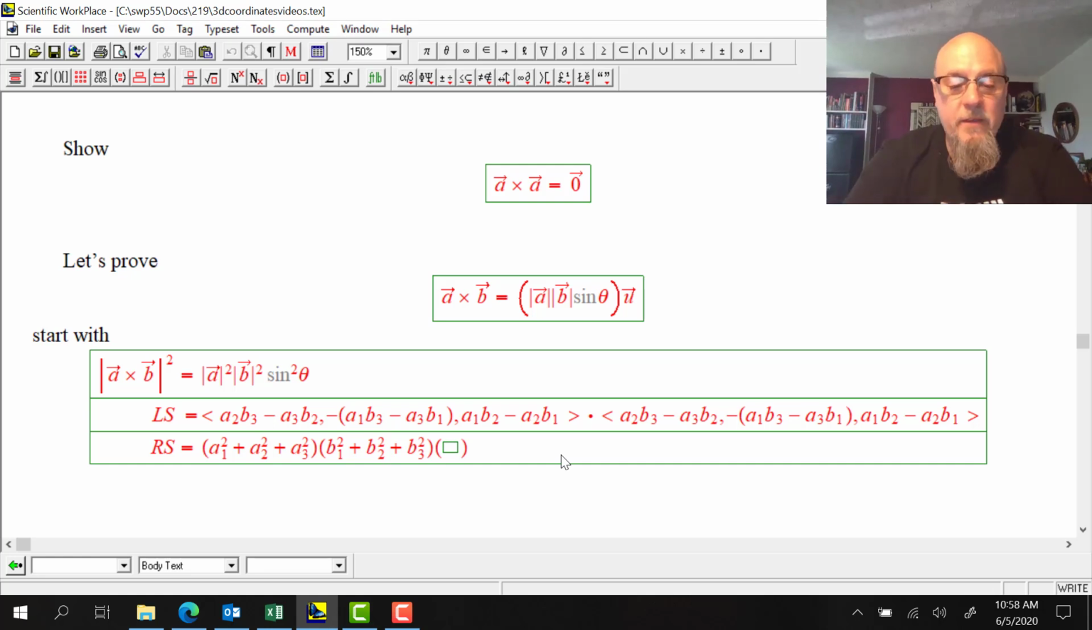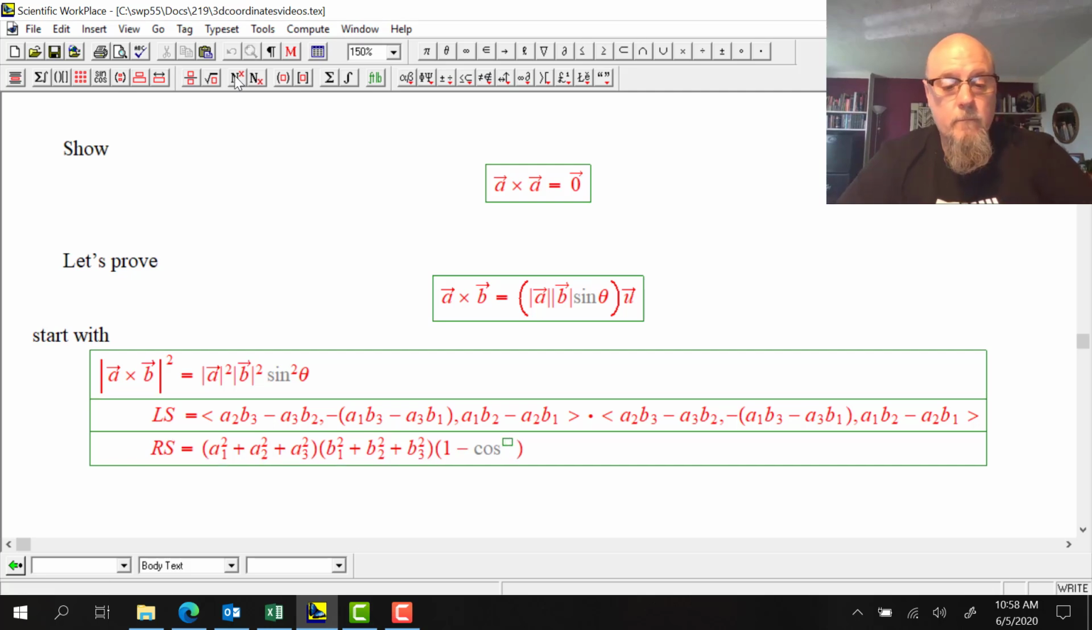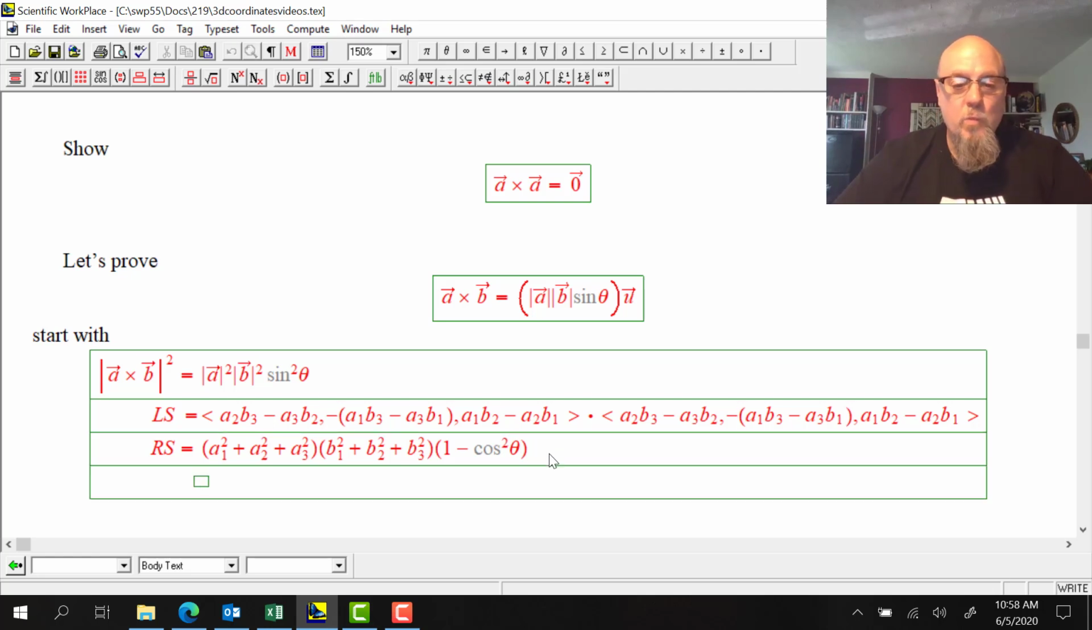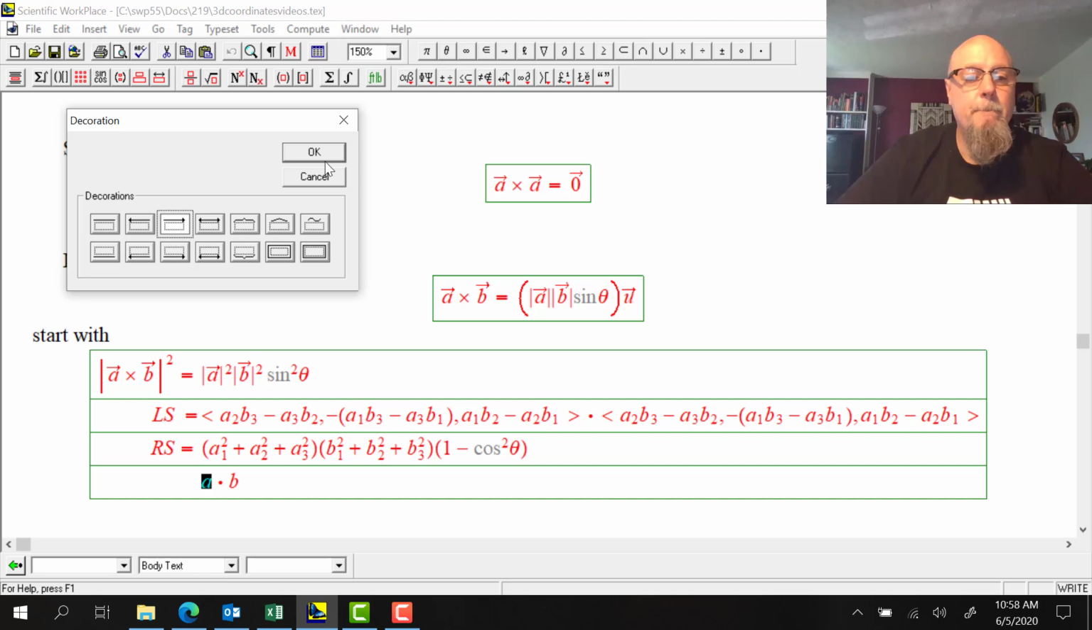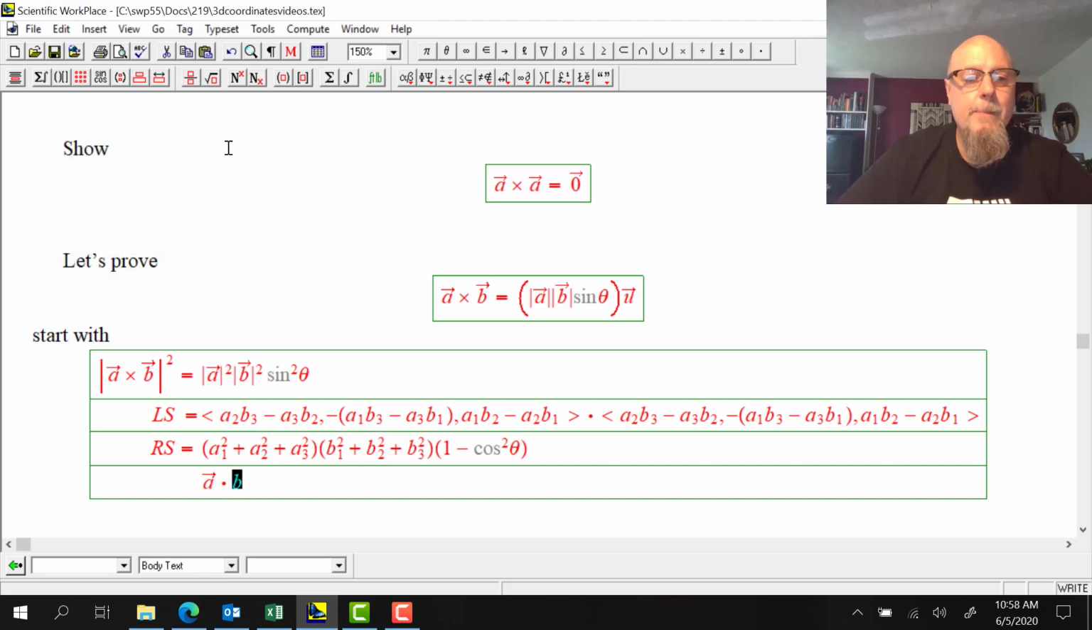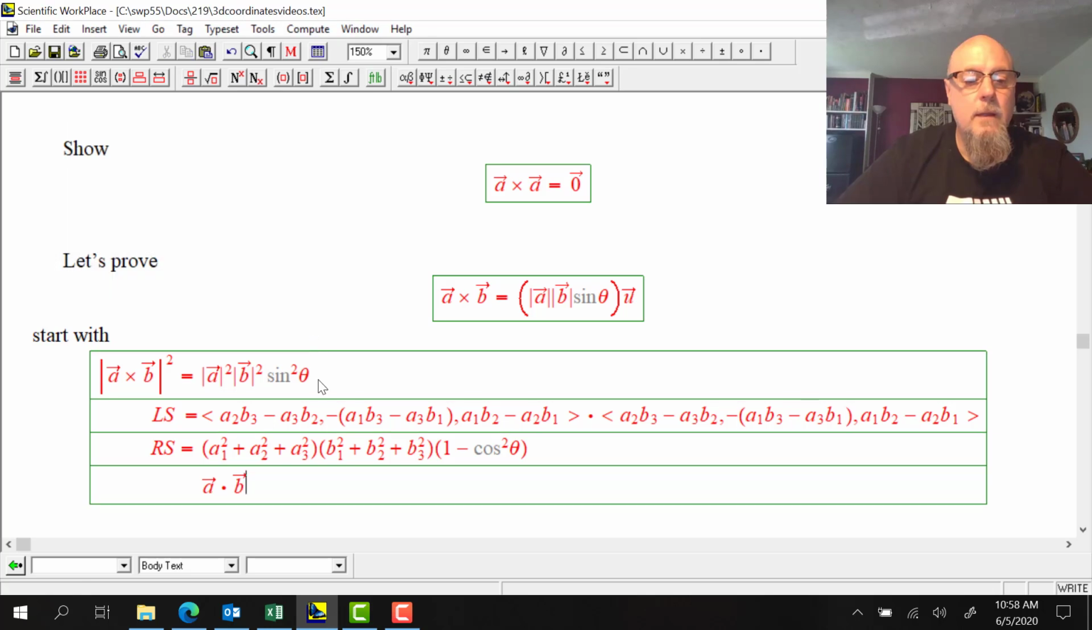Well, I'm going to replace sine squared theta as 1 minus cos squared theta. Why am I doing that? Because I already know what cos squared is, or cos squared is connected to A dot B. So note that if I do A dot B, I should put vector hats on them. A dot B, which I know is equal to